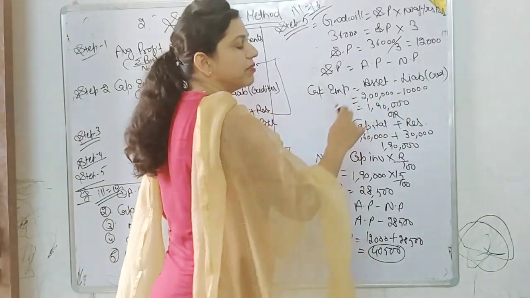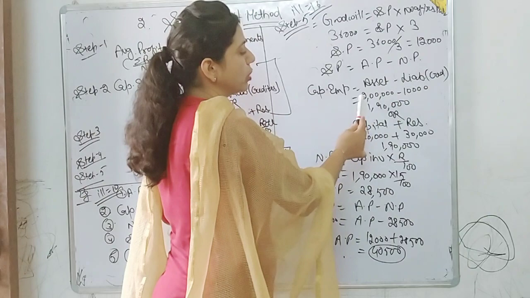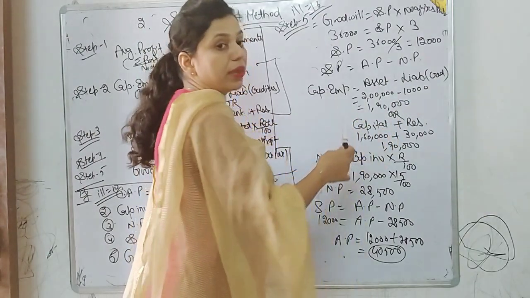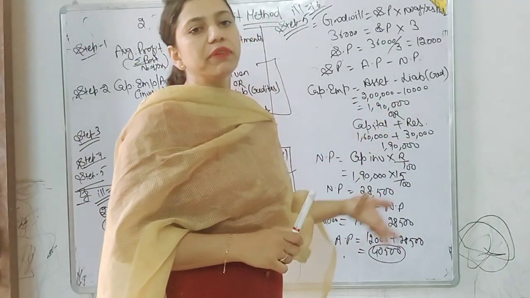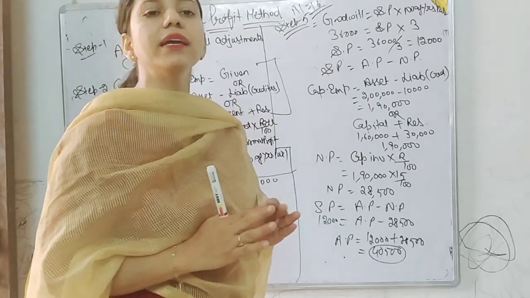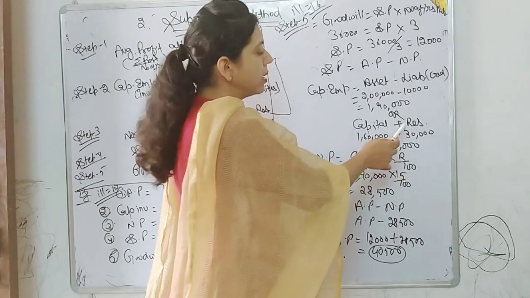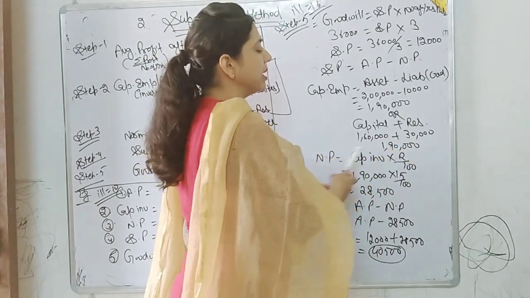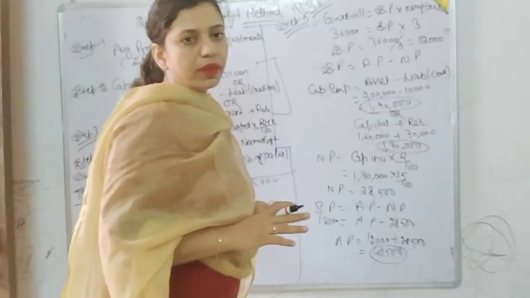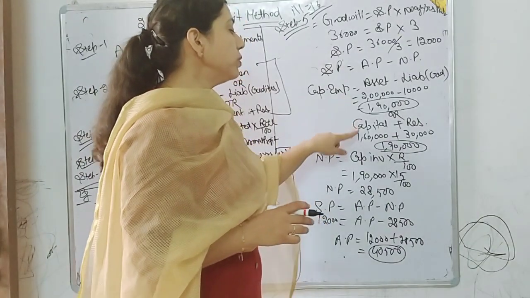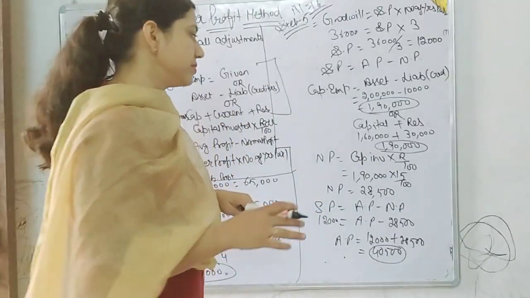Assets and creditors are given in the question. Assets are 2 lakh and creditors are 10,000. So capital invested will be equal to 190 thousand. In spite of assets and liabilities, partners' capital and reserves are also given in the question, so we can verify whether our capital invested is right or wrong. Partners' capital given in the question is 1,60,000 plus reserve 30, again it will be 190. So we can calculate capital by any one method. I made both methods so that you can understand that capital invested remains the same in all cases.